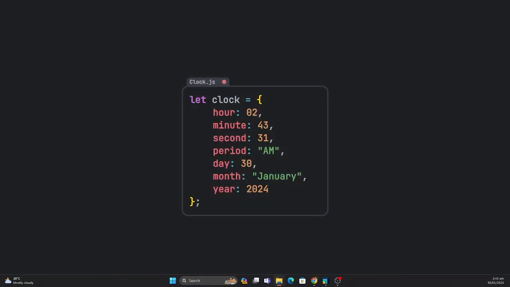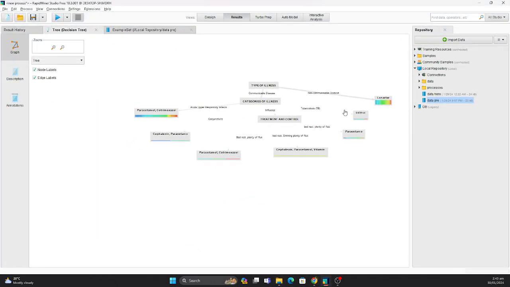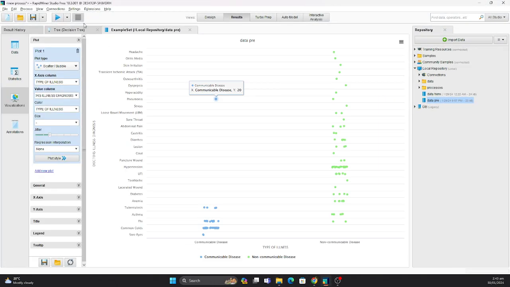Next up is the RapidMiner guide. The first thing that we did is load the data. I named our data pre.